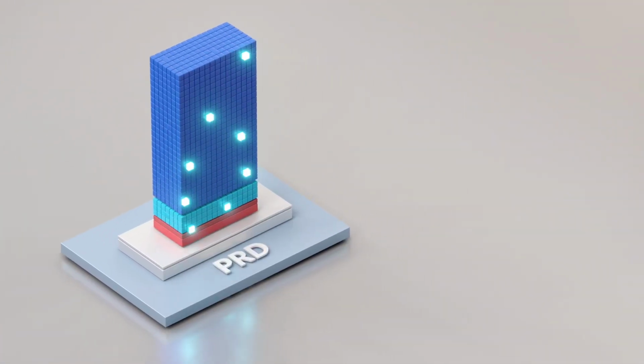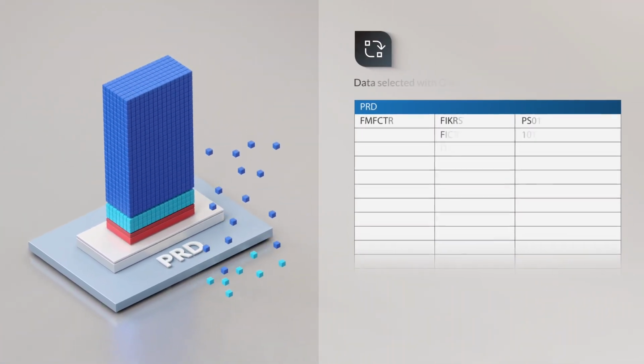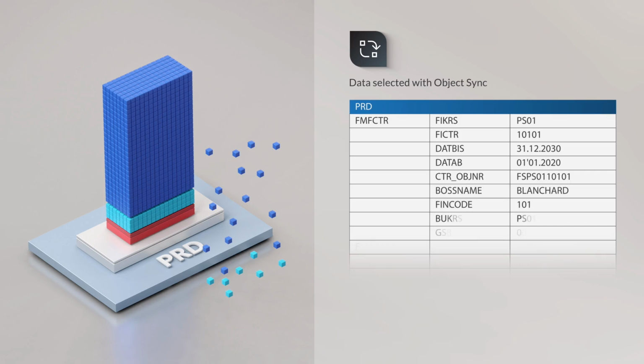Apart from complete client refreshes, the DataSync Manager Suite also offers functionality to copy data on demand. This is especially useful when you have to test something urgently and there's no time to wait for a client refresh cycle. The selected data will be inserted into an existing client without compromising the consistency of the data already existing there, and it will respect things like number ranges and so on in the target client.